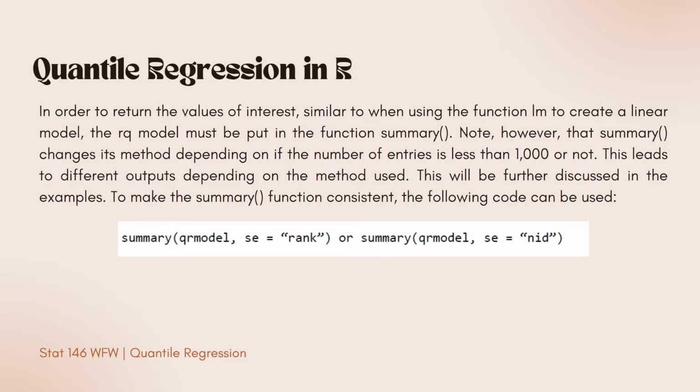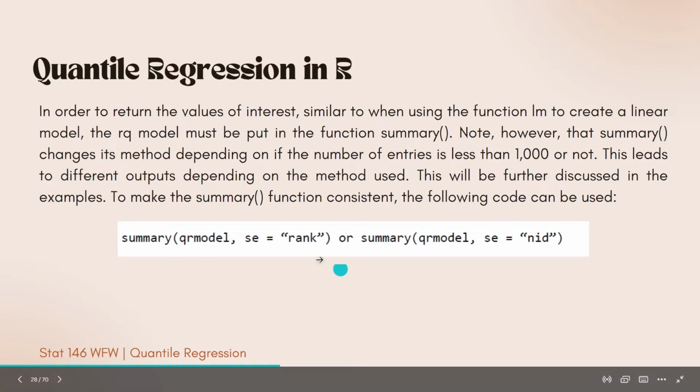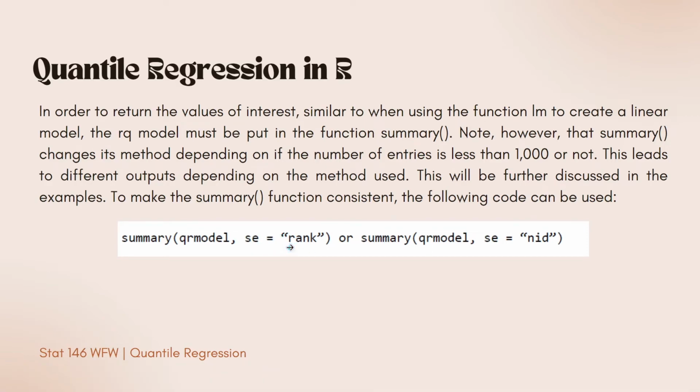Note, however, that the summary function changes its method depending on if the number of entries is less than 1,000 or not. This leads to different outputs depending on the method used. So, when your number of entries is less than 1,000, ginagamit niya is yung se = rank, and then when it's greater than or equal to 1,000, yung ginagamit niya is se = nid. So, magkakaiba yung ina-output nila. Pag nilabas mo itong summary nitong se rank, yung ipapakita niya is yung lower and upper bound, and then pag yung ginamit niya naman is yung NID, yung ipapakita niya is standard errors with corresponding